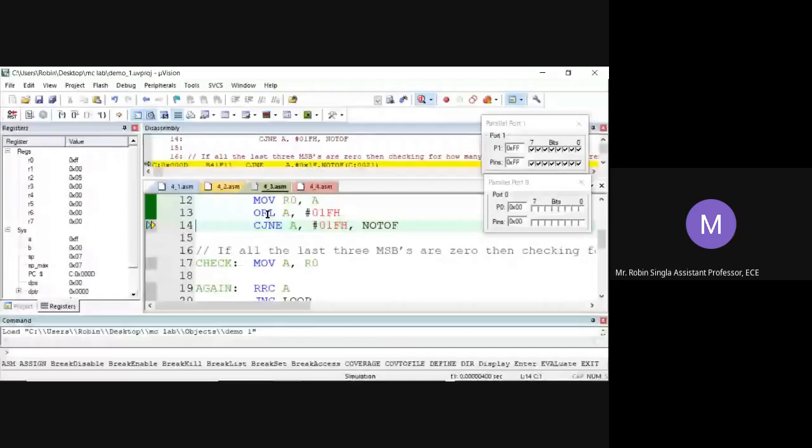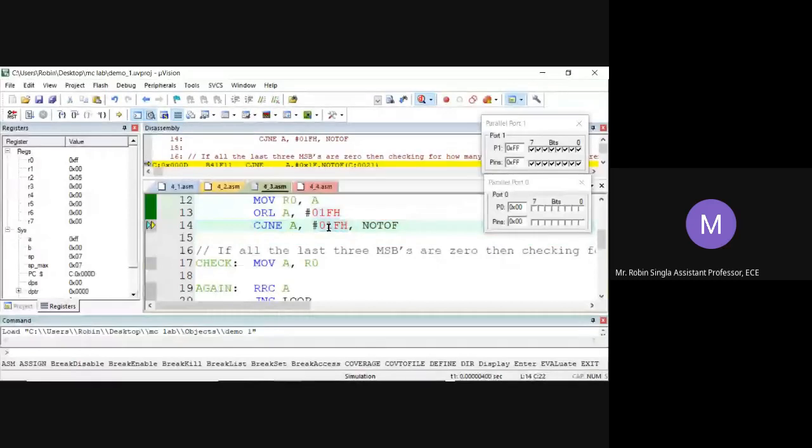OR logic of A with 1FH and it will save to A. So after the OR logic, the output saved in A is FFH. Now it will compare A with 1FH.